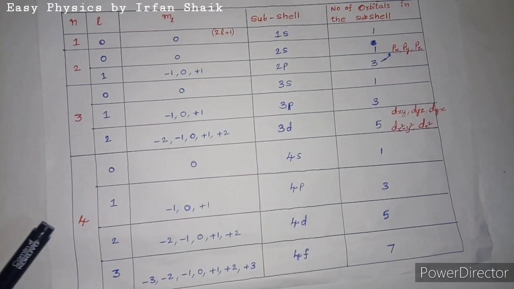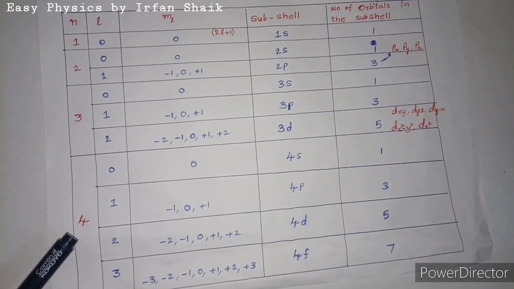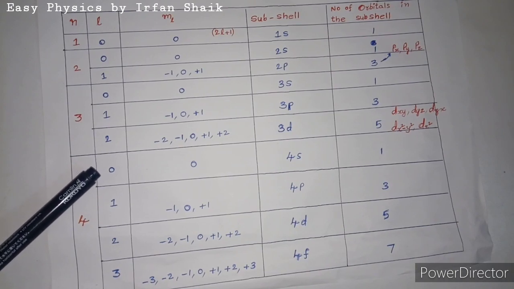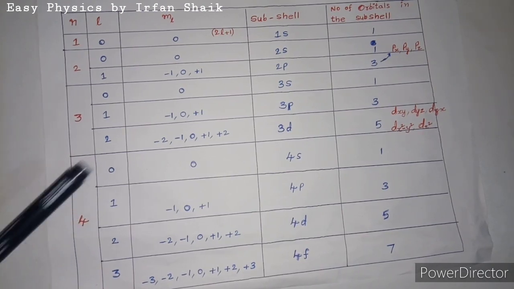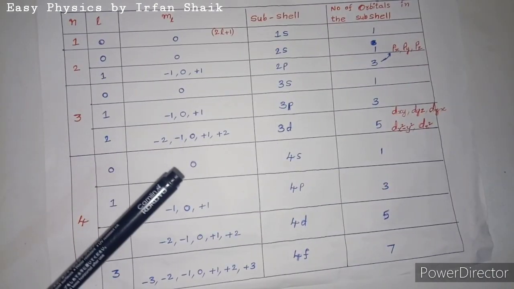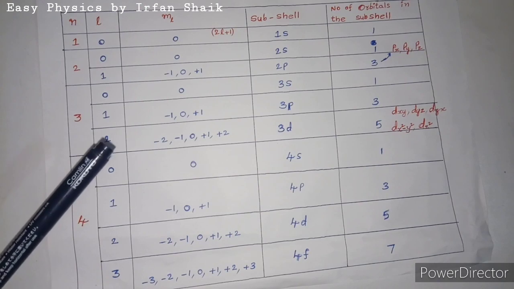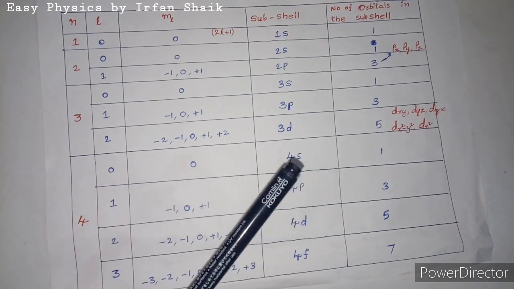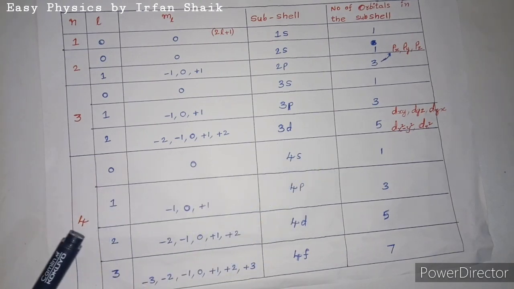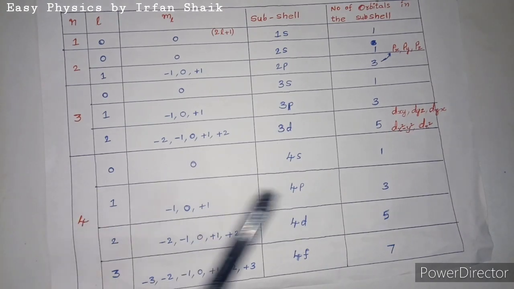And now move to the fourth shell. That means when n is equal to 4, it indicates the fourth shell. That is N shell. So if n is equal to 4, there are 4 values for L. That means 0, 1, 2 and 3. These are the 4 values for L when n is equal to 4. So the first one is 0, as we discussed before. It gets only one value, that is L equal to 0 means s orbital. S orbital is present in the fourth shell. That's why it is called 4s orbital. If L is equal to 1, it indicates p orbital present in the fourth shell, that is 4p,